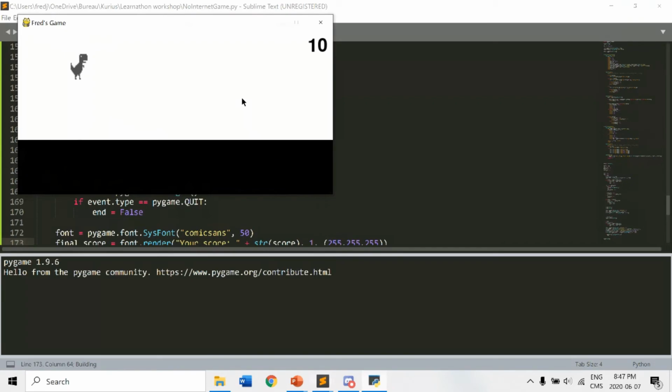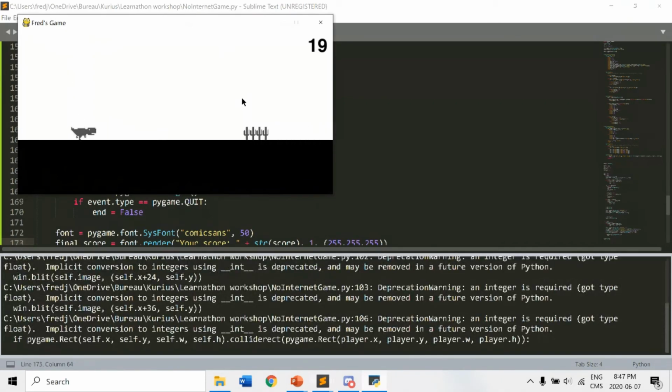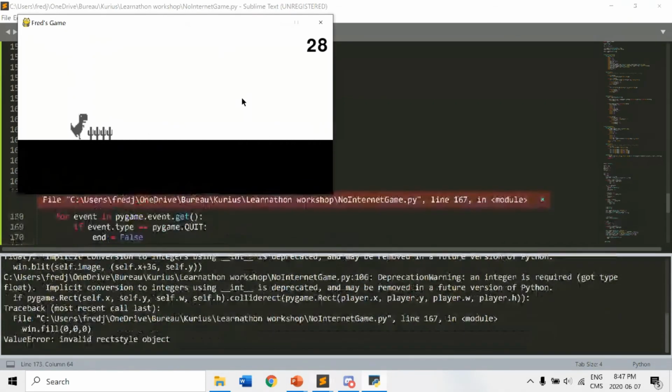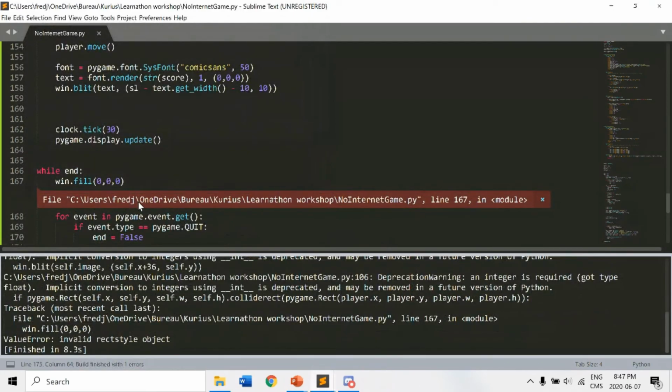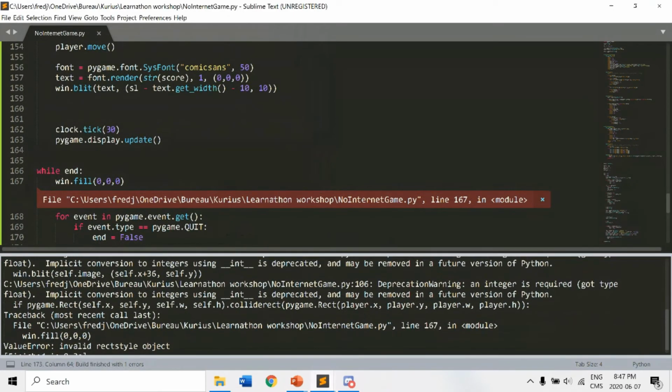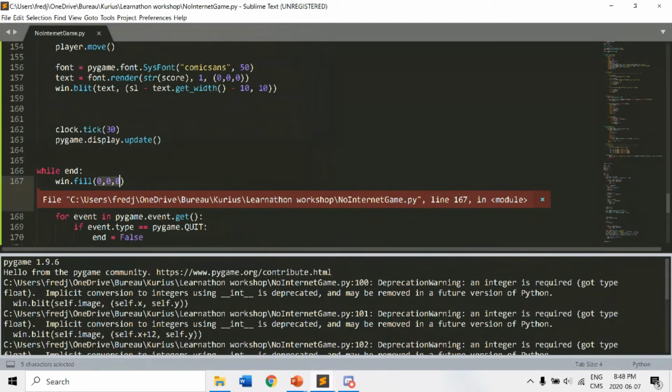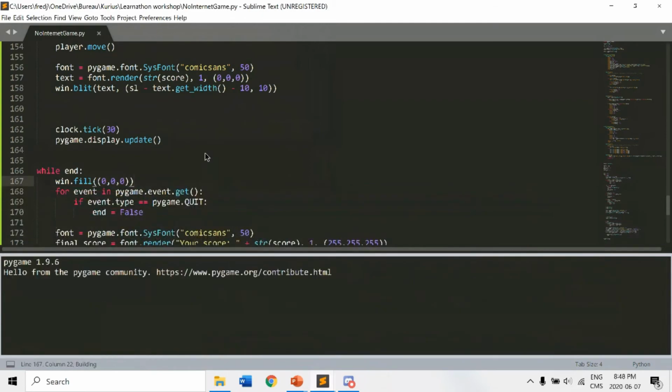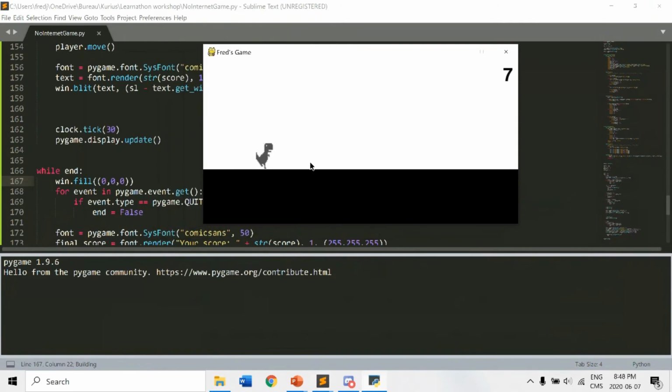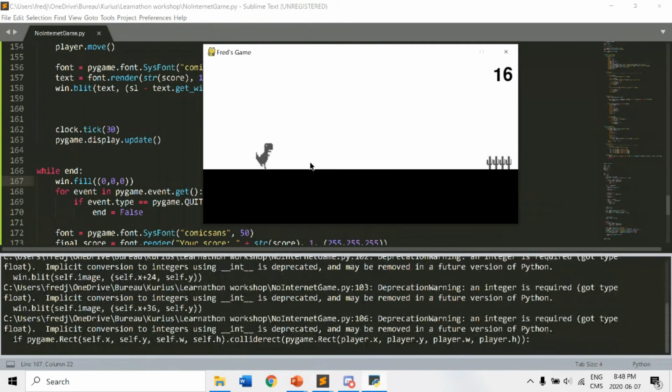And you can jump, crouch, we have the cacti. And if I run into them, oh, what did I do wrong? Invalid, oh, oops, this needs to be between a second pair of parentheses because it is a tuple again. Just like coordinates, RGB are between parentheses. So if I run into this again,